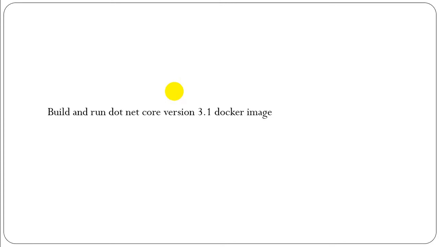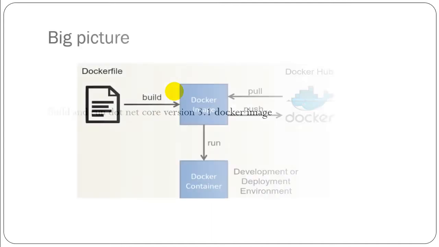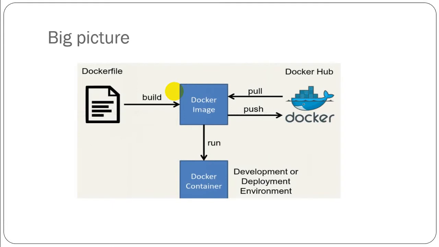In this video clip, I will guide you how to deploy a .NET Core 3.1 application into a Docker container. From this figure, we can see that if we want to deploy an application into a Docker container, the first step is to create a Docker file. The Docker file basically is a bash file, which contains the instructions for building and publishing an app. The next step is to build the Docker file into a Docker image, and the final step is to run the Docker image as a Docker container.